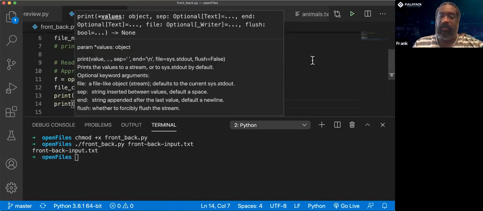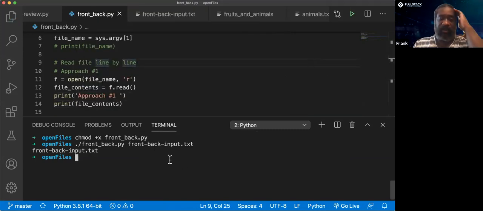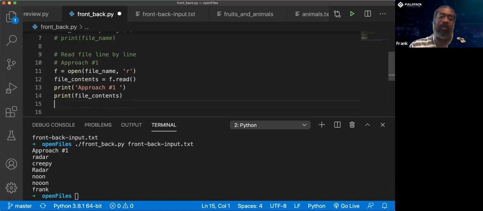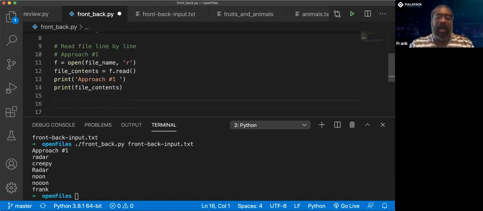File contents on another line, right? So if we do this, let's just make sure that this works. Okay, that's approach 1. That's the contents of the file. But remember, we're going to be working on this line by line. So there's also, if we comment this out,